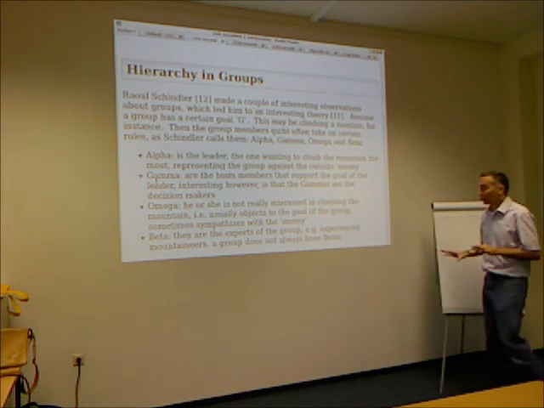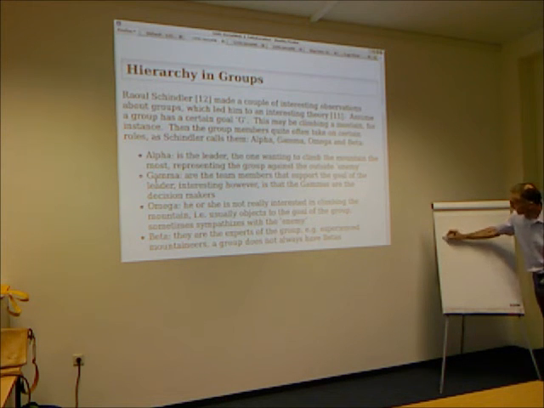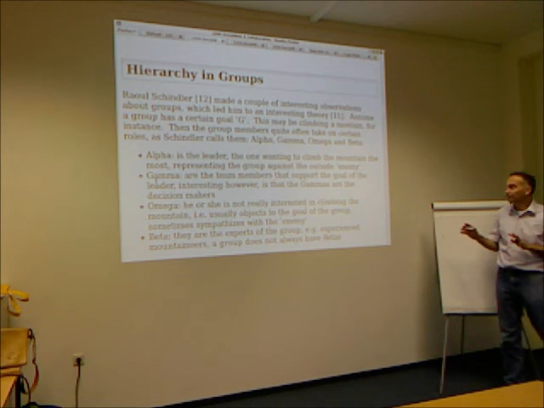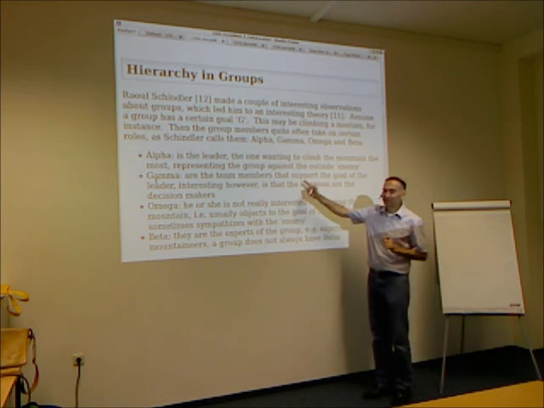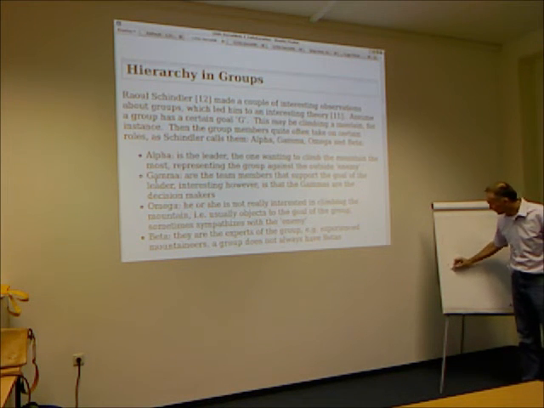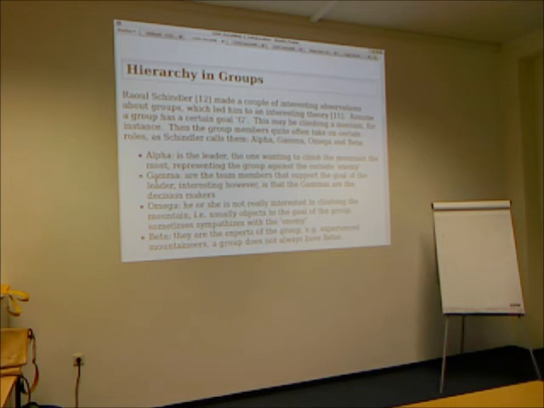And so we have a common goal, and the team as a whole consists of different members, and they all want this goal. And the normal people, that's the gammas. The gammas, that's most of us, right? The gammas are down here, lots of gammas, and they're basically the poor guys who have to follow somebody else. So here it says the gammas are the team members that support the goal. So those are the guys who also want to go up the mountain.